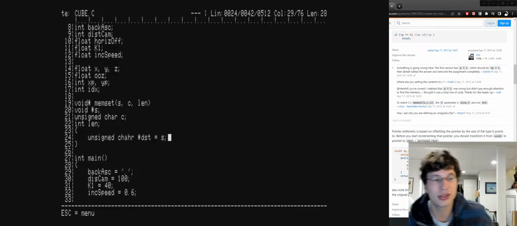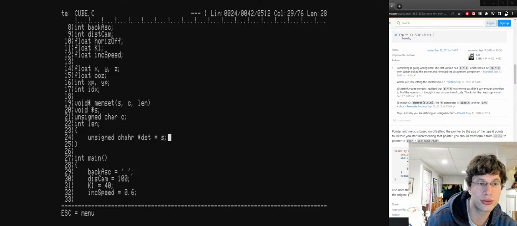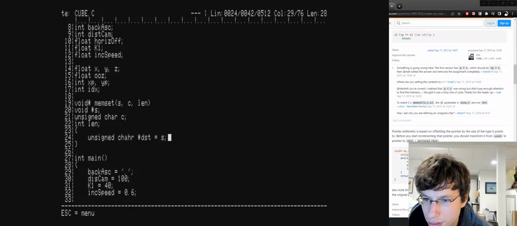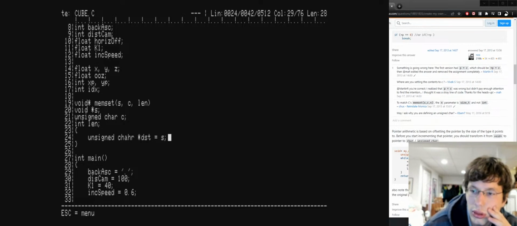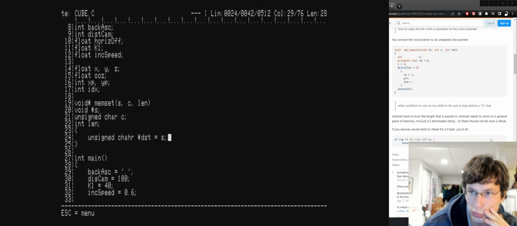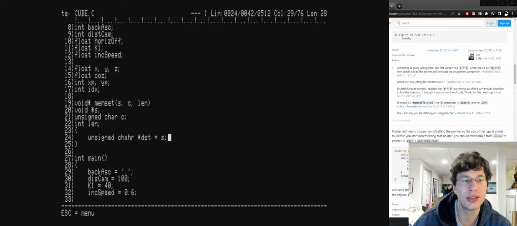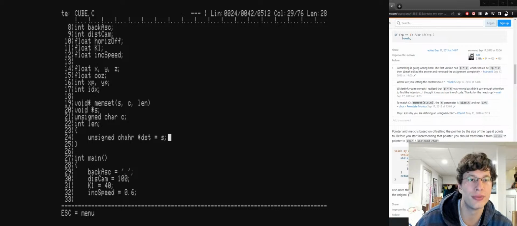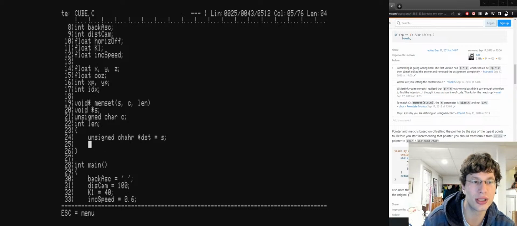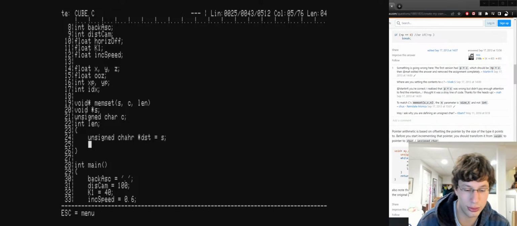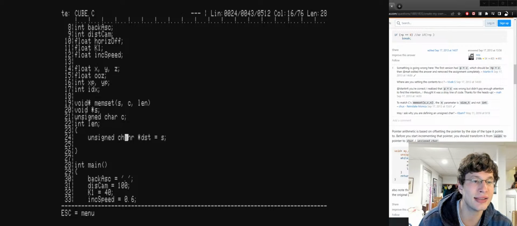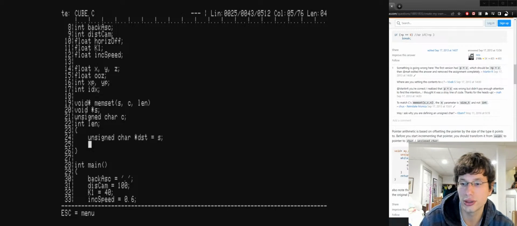That's basically making a pointer to destination. Why is it making a pointer to destination? Oh, it's because he's making the pointer the same size. Gotcha. It points to void s, but you want to access it as an unsigned char. Makes sense. And then while len is greater than 0,